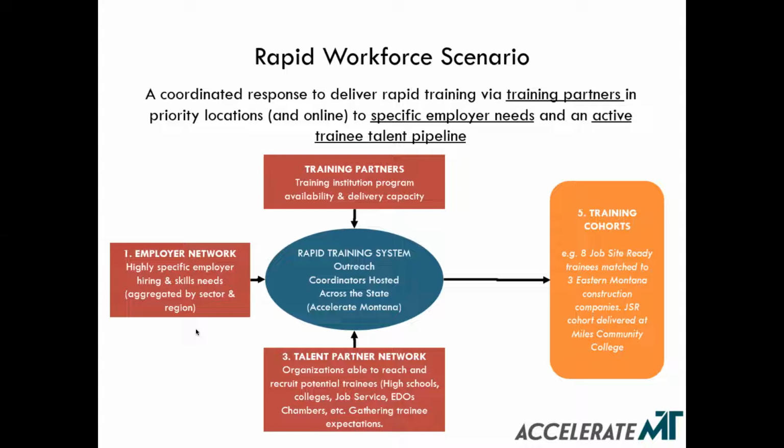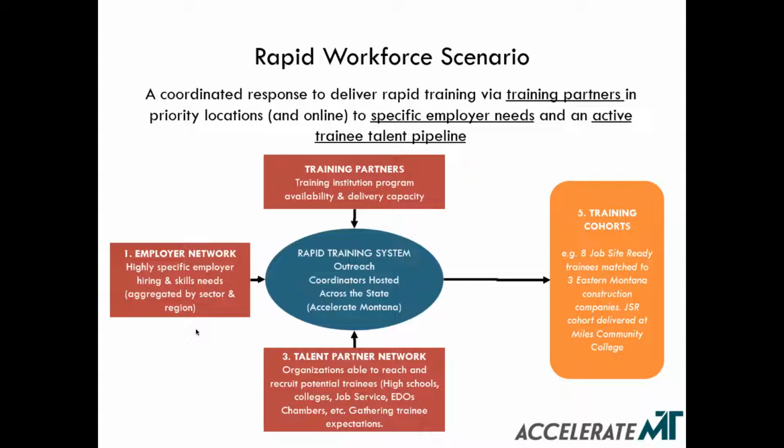I've been using an airline system analogy for this, which is Accelerate Montana sitting a little bit in the middle as air traffic controllers. The employers are the destinations, the training organizations are the airlines and own the planes, and the rest of you are part of the travel industry that goes around that. Our job is to make sure that we're sending people to great destinations, right? There are jobs when they get there, and we're flying planes there that are full, right? We've got trainees on those planes who are ready to do the job when they arrive. We do not want to be sending planes that are empty, or filling up planes and sending them to places that have no jobs.